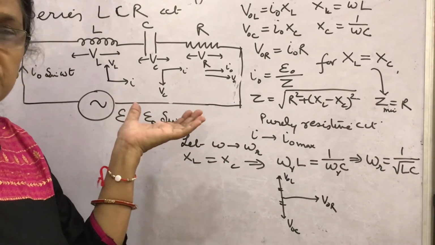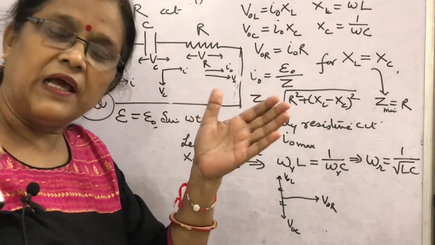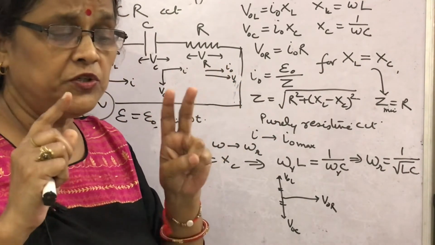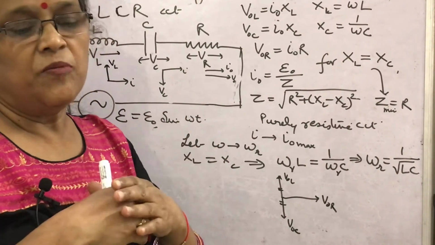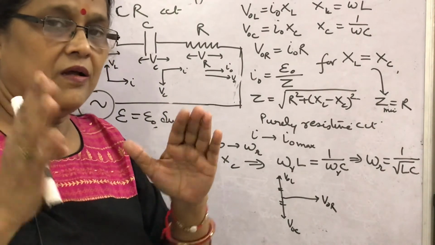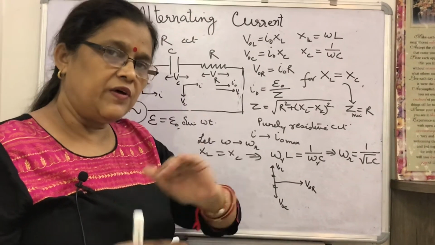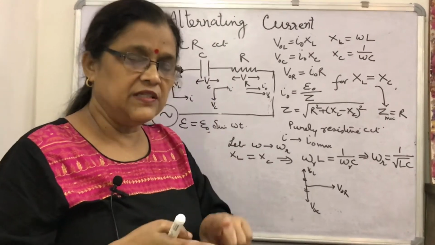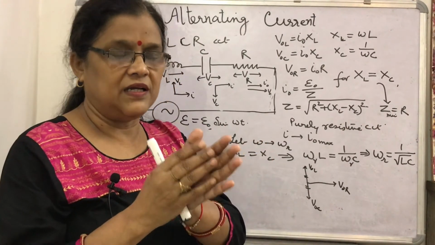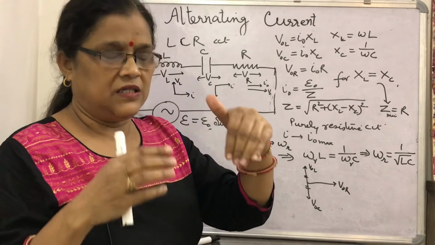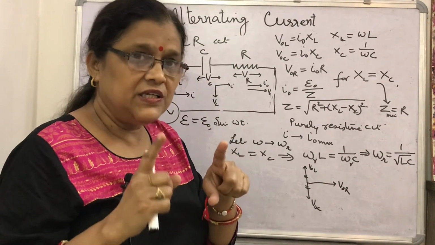It is also said that we cannot have resonance in an LR or LC circuit. There should be a series LCR circuit to have electrical resonance, because the voltage across the coil and the voltage across the capacitor should be equal and out of phase. They will cancel each other, and only then does the whole applied voltage appear across the resistance only. So, the presence of L and C is essential.